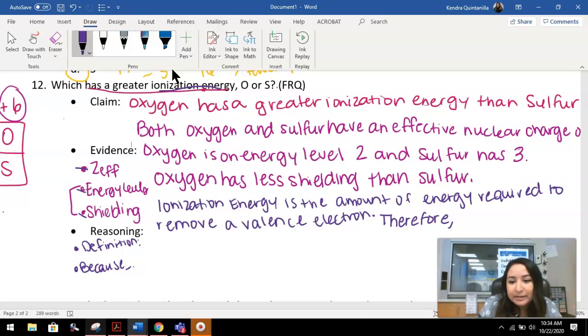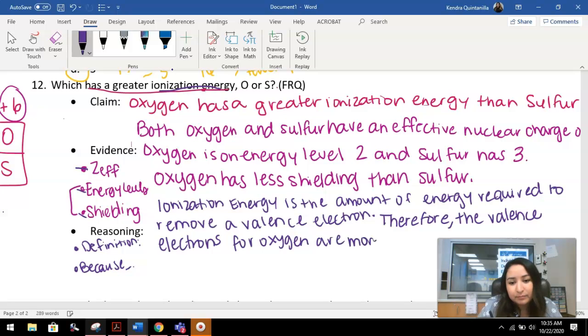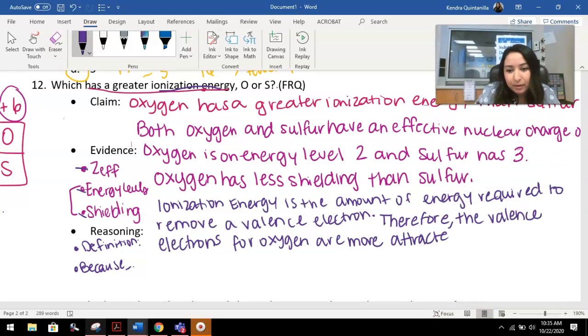Therefore, the valence electrons for oxygen are more attracted to the nucleus,